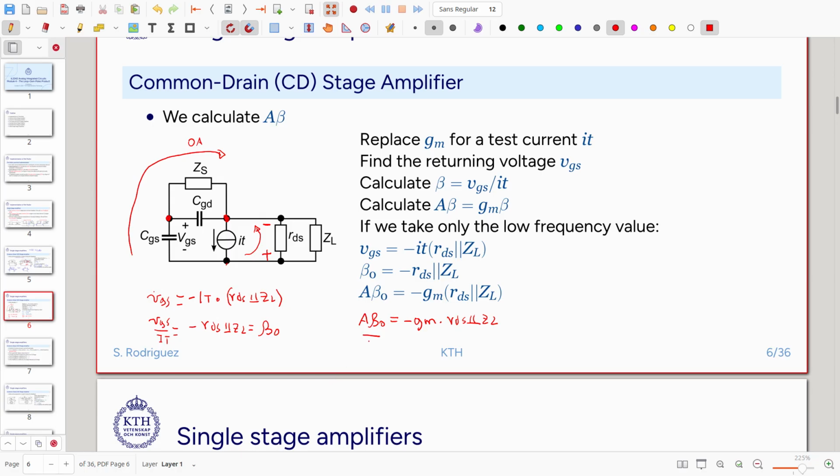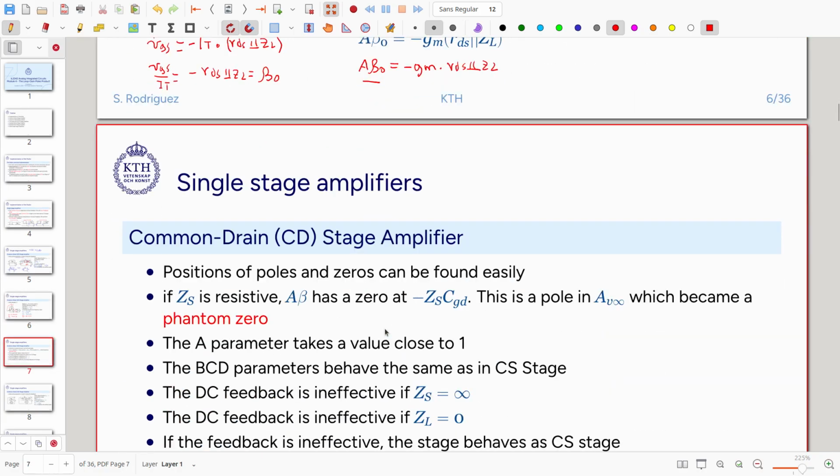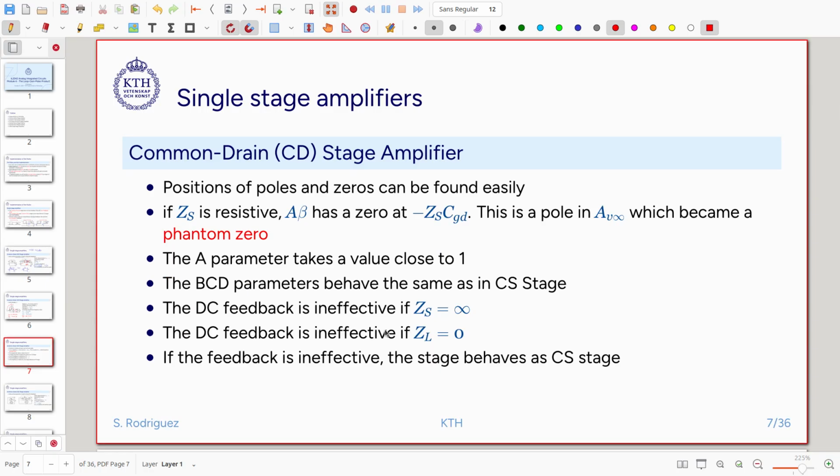Okay, so now we have the loop gain here. We have the asymptotic gain that we calculated before. We can draw some interesting conclusions here. The closed loop gain of an amplifier, as we defined, is equal to minus the asymptotic gain times the loop gain here, that is positive here, minus AB. Okay, this is what we have. So for the common drain amplifier, that will be 1, the ideal one that we calculated,